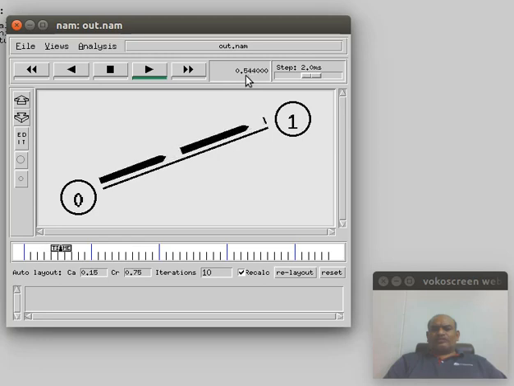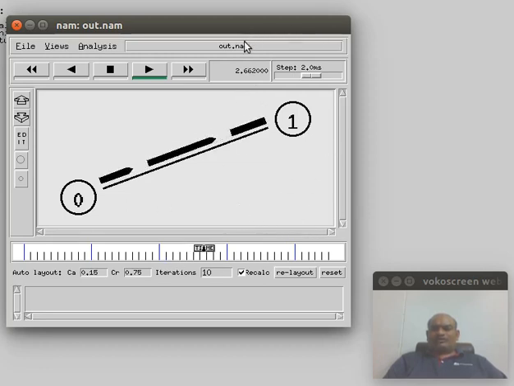When I click on play, your animation will start, and at 0.5 your data transmission will start. See, at 0.5 the data transmission is happening between 0 and 1. This is my source and this is my destination. In this case the step size I am using is 2 milliseconds, and when it reaches 4.5 milliseconds, my traffic will stop, and when it reaches 5, your simulation will terminate.